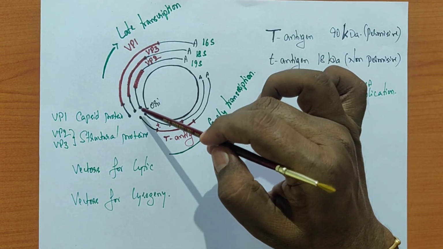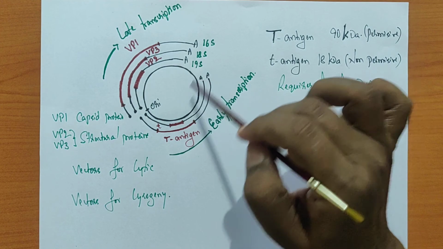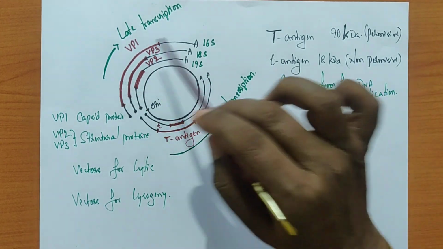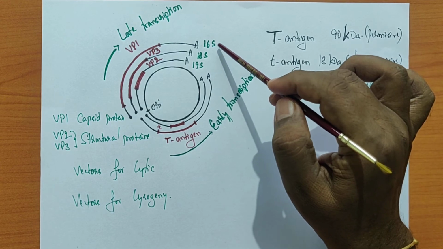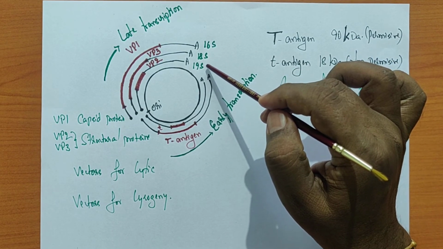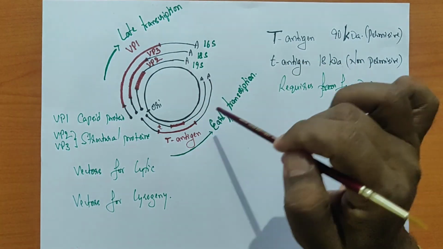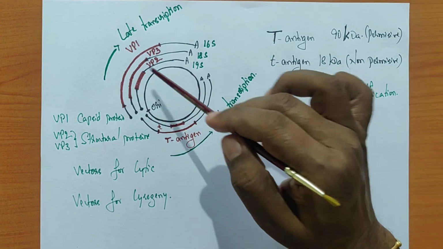I think now it is the origin of replication, and the mRNA is going to be synthesized. When you try to characterize these mRNAs, we are going to identify them as a 16S, an 18S, and another one is going to be the 19S subunit in fact. So it is the same mRNA, but we are going to splice differently.